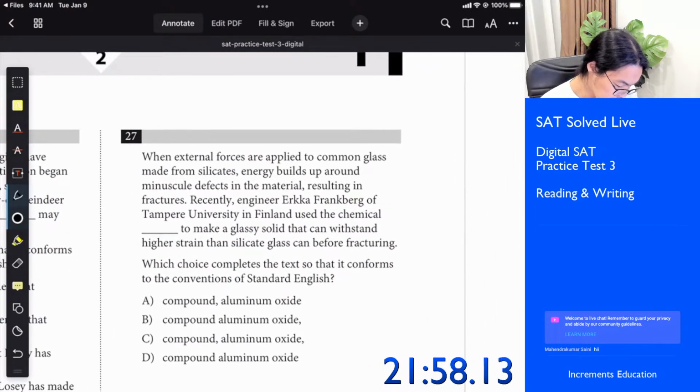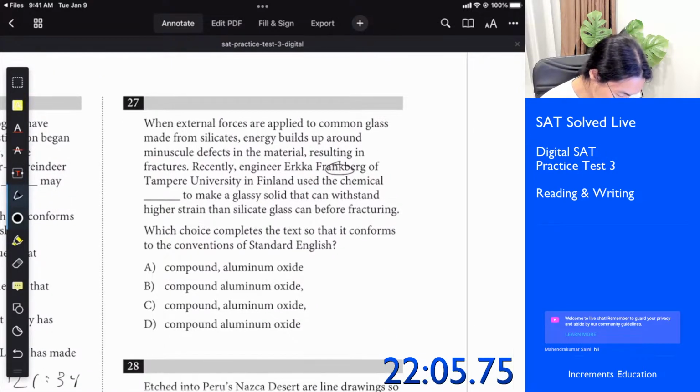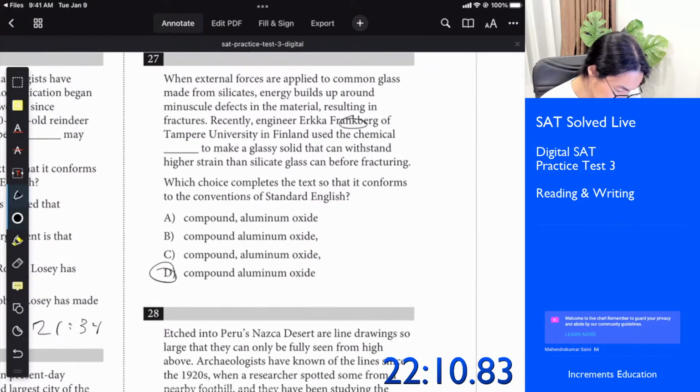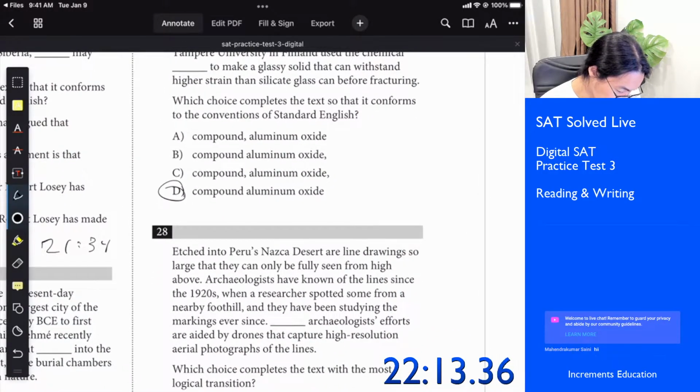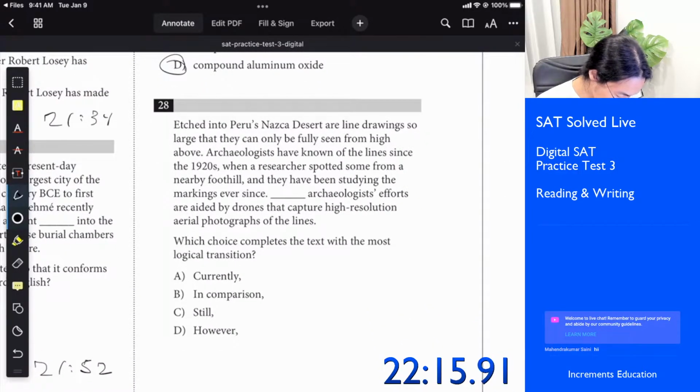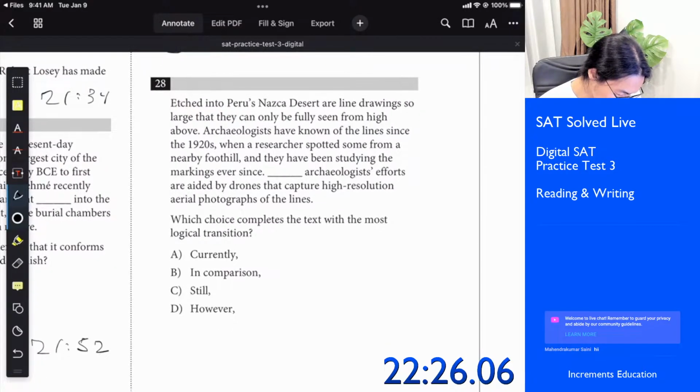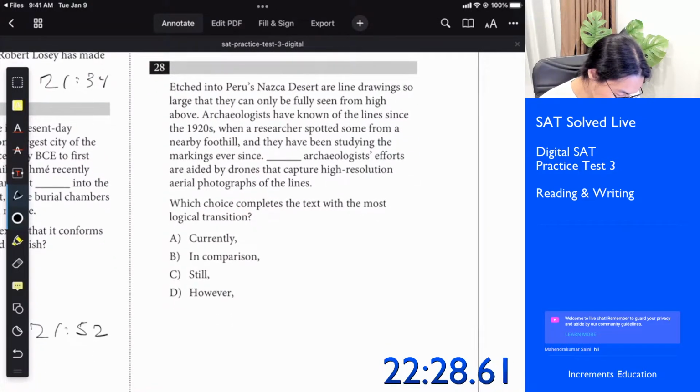When external forces are applied to common glass made from silicates, energy builds around, resulting in fractures. Recently, this Frankfurt guy used a chemical compound, aluminum oxide, because it's coming for the first time. So that's non-restrictive, or that's restrictive. Etched into Peru's Nazca Desert are line drawings so large that they can be known in the line since and they've been studying ever since. Nowadays, currently,